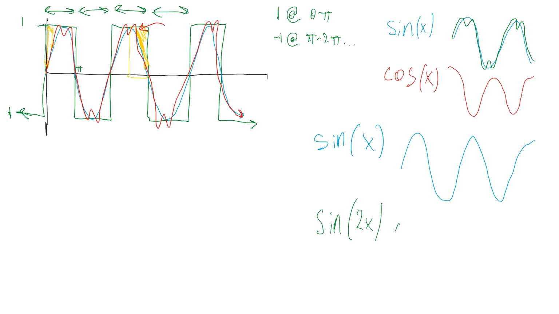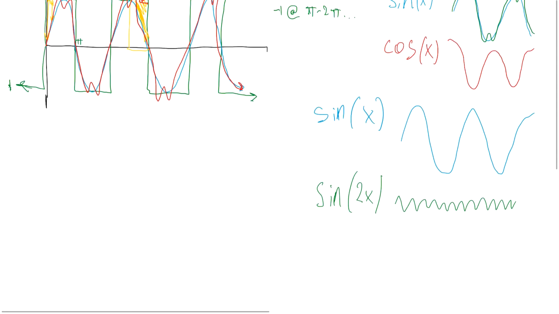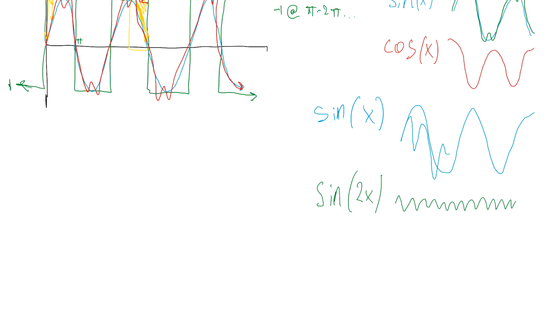But this wave, we're actually going to make it small. Why? Because if we make it just as large, we're going to get something like this, right? And we don't want that because, first of all,